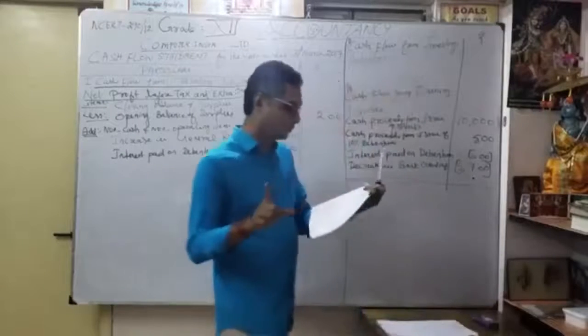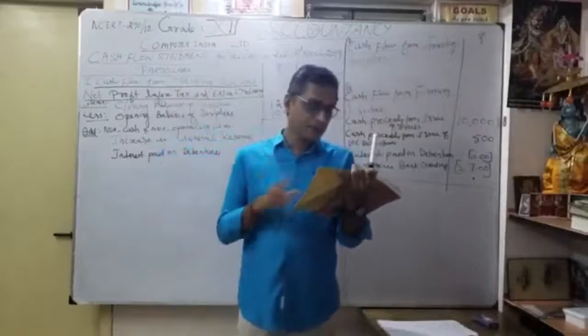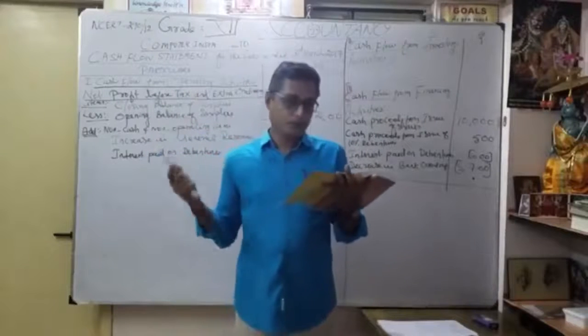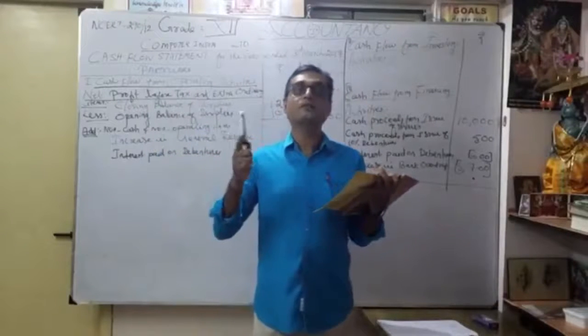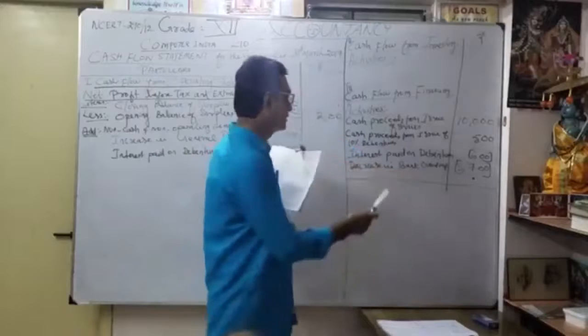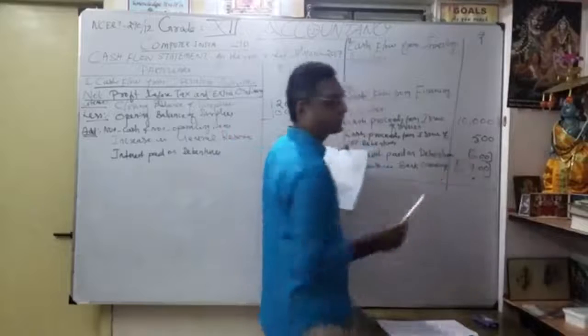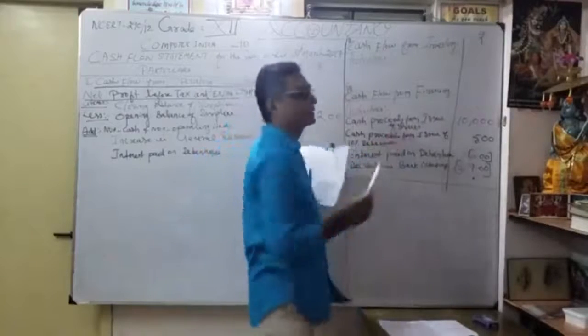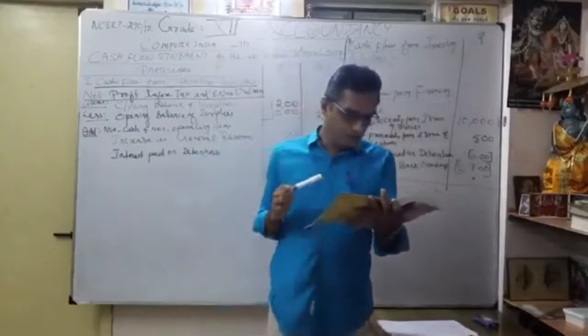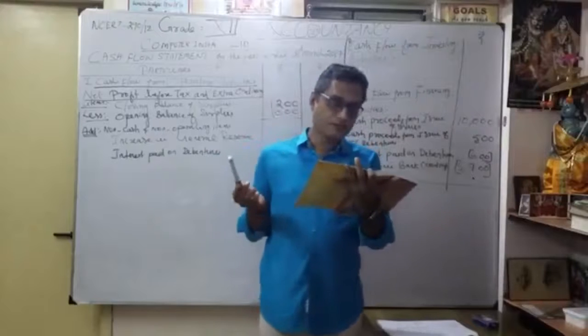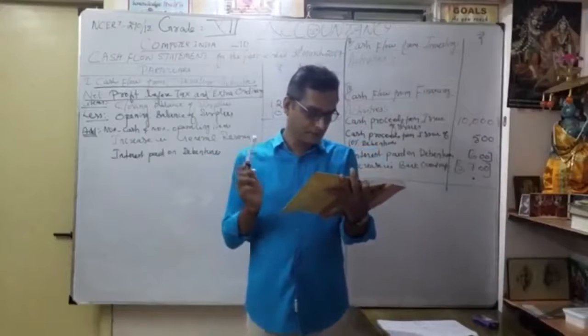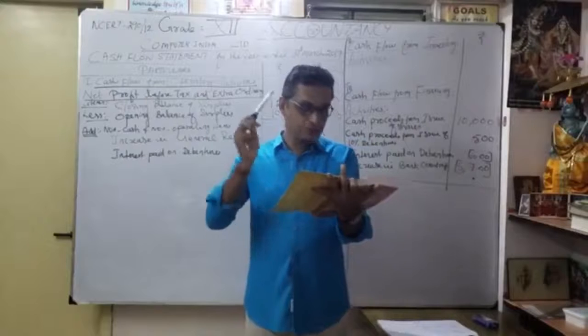Should be very careful. Already discussed. Correct. So here the bank overdraft from 12,500 become 6,800. So how much did it decrease? That's what you have to write. Decrease in bank overdraft 5,700 under financing activity. Correct. Now move to the short-term borrowings. Finished for that. Okay. Then trade payables.